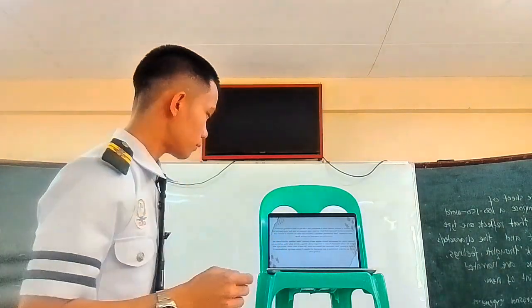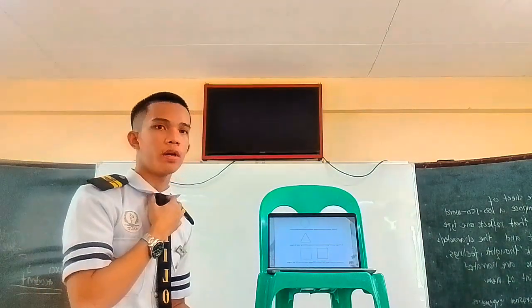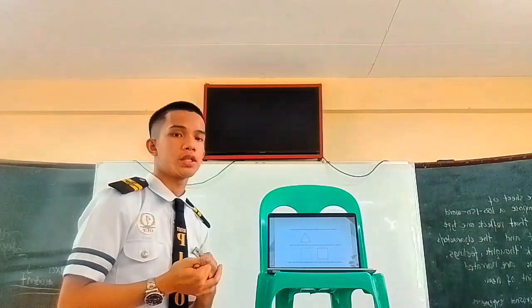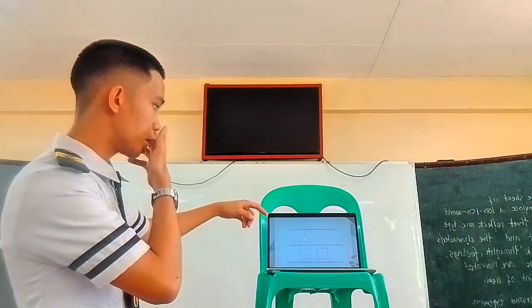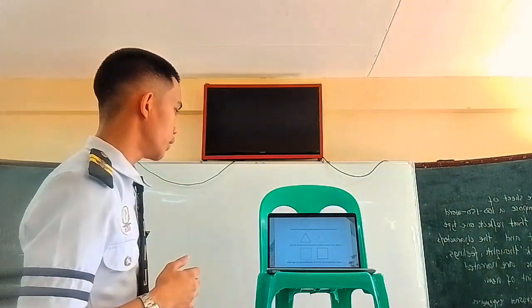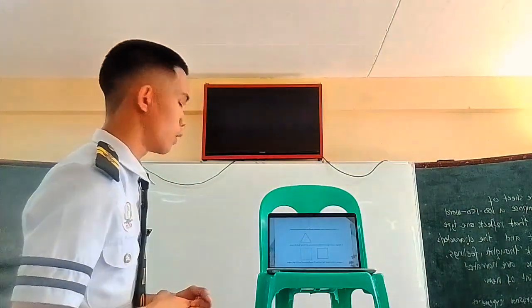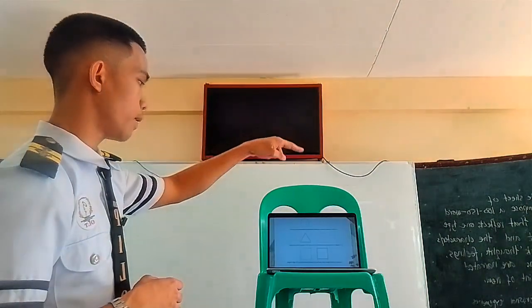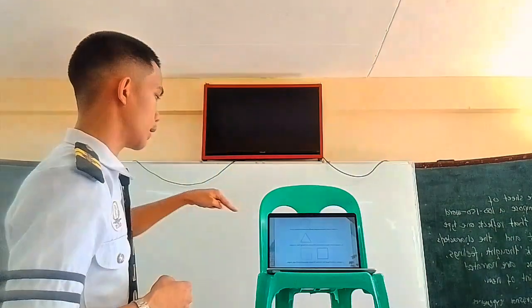So, moving on. With shapes, we are very familiar with them since elementary. One of the shapes, letter A, is the circle. A series of points arranged equally in balance about a point. So, a circle is a series of points arranged equally in balance about a point. It starts with a point.